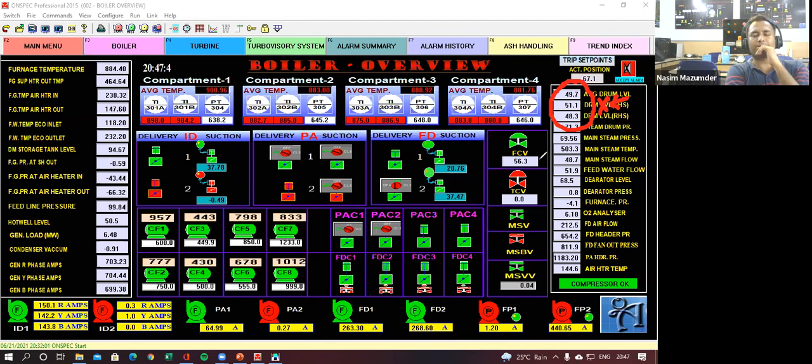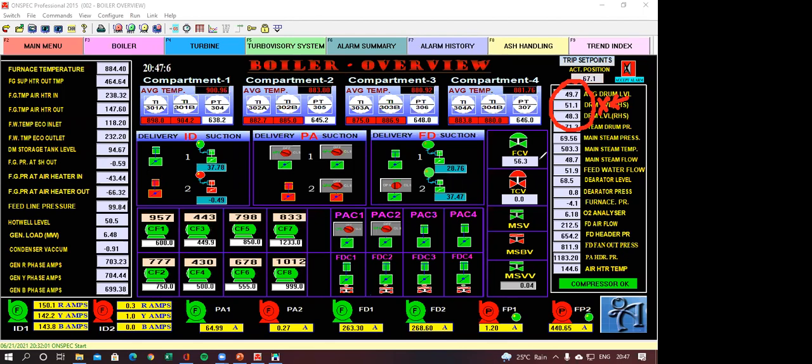How to find that particular module? I'll go to the alarm section or the interlocks, because by these parameters it will be defined whether my compressor will work or not. So I'll go with the interlock, so that I'll get this drum level logic or something.